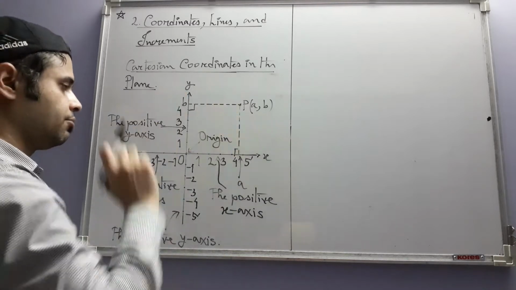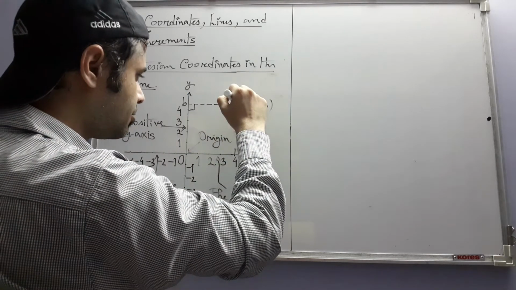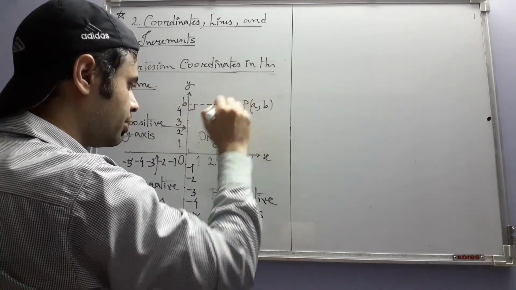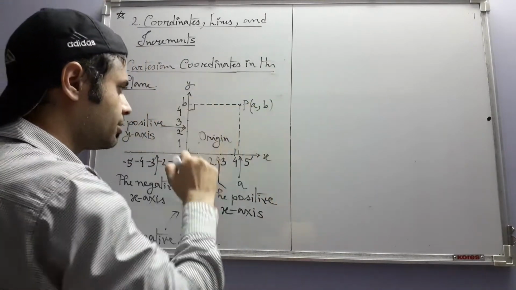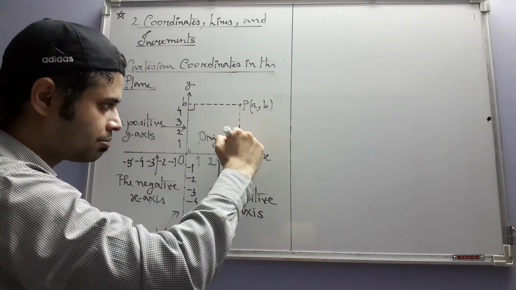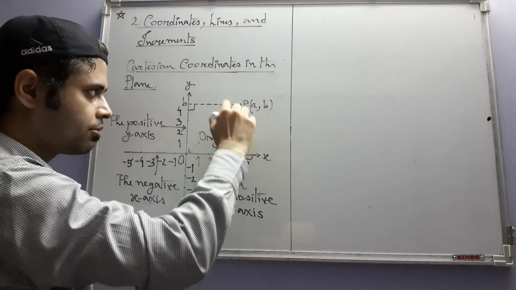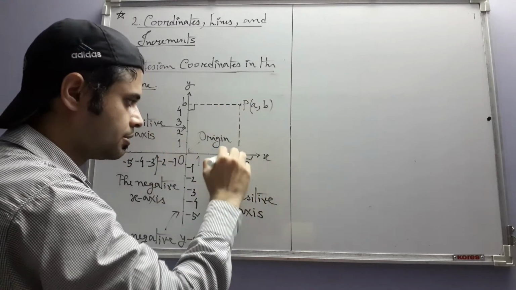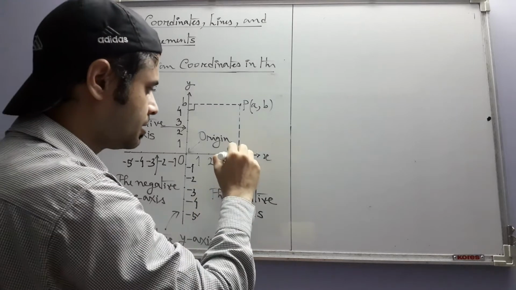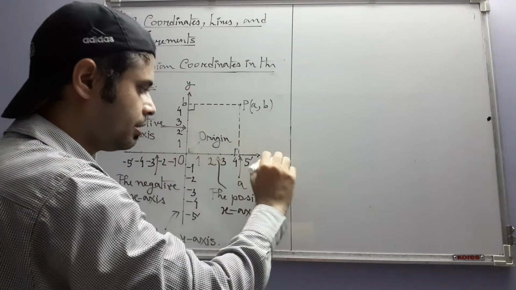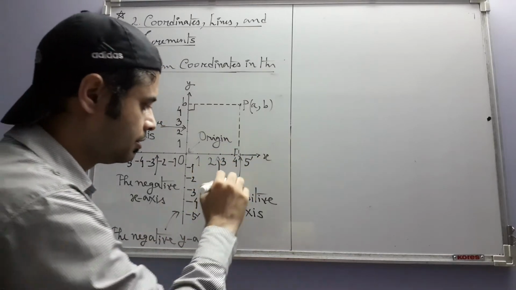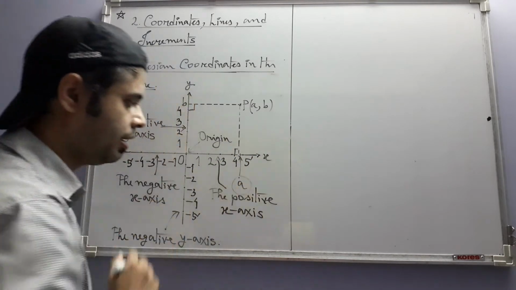So when you get such a point, you can draw perpendicular line segments from the point on the x-axis and on the y-axis, like here how we have drawn. So this is one perpendicular. This is the perpendicular from the point on the x-axis. The perpendicular will have a foot, that is the point where it ends on the x-axis. That point represents a real number. That real number, let that be a.